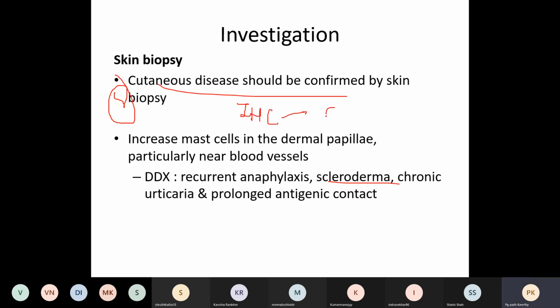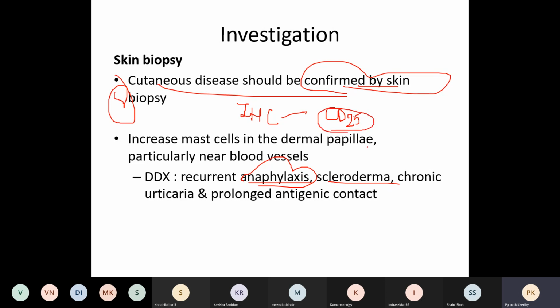So what is going to help you? It is your CD25. Which marker is going to help you? Because see, these are also mast cells. These are also mast cells, right? But these are aberrant mast cells, which you see in mastocytosis. But these are normal mast cells, right? These normal mast cells have an abnormal response to some antigenic stimuli, right? So here, which marker will help you?